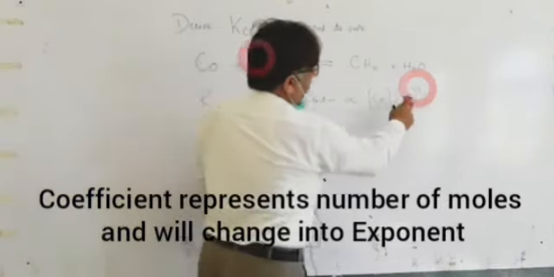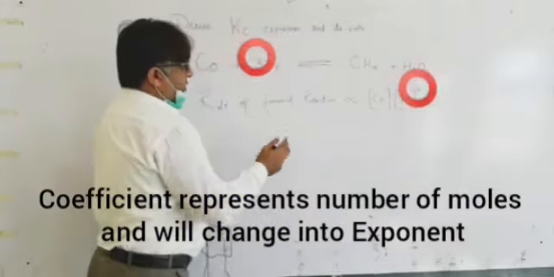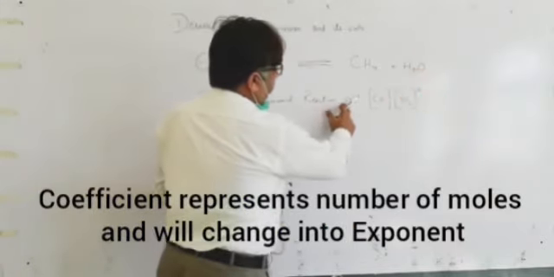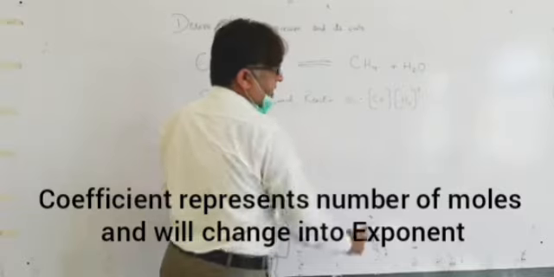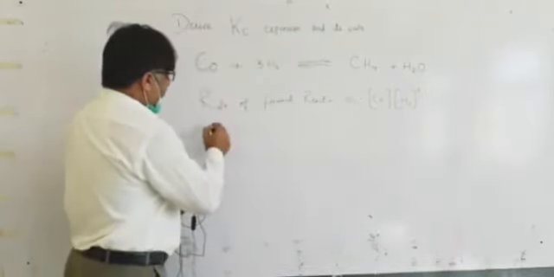Similarly, when you convert the sign of proportionality into equality, you will place a constant. So the rate of forward reaction